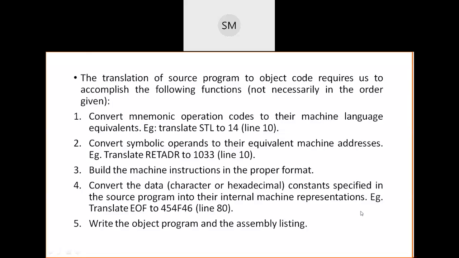What we have here is one source program written in assembly level language. Now we have to convert it into machine level language, that is, low level language. Right now, line by line, you have converted all the instructions into their equivalent object code in the last column. But all these object codes we have to write in a particular format or syntax, so that we can get a proper object code or machine level program.